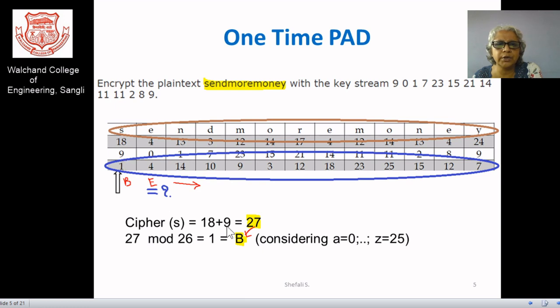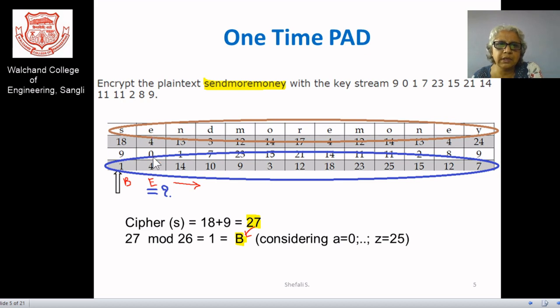It is 27, and of course we have clock operation here, so you need to take mod 26. 27 mod 26 gives you 1, and 1 corresponds to the element B. So S, the plaintext, is converted to the cipher B. Then E, which has the positional value 4, is encrypted with the key value 0, which remains the same.